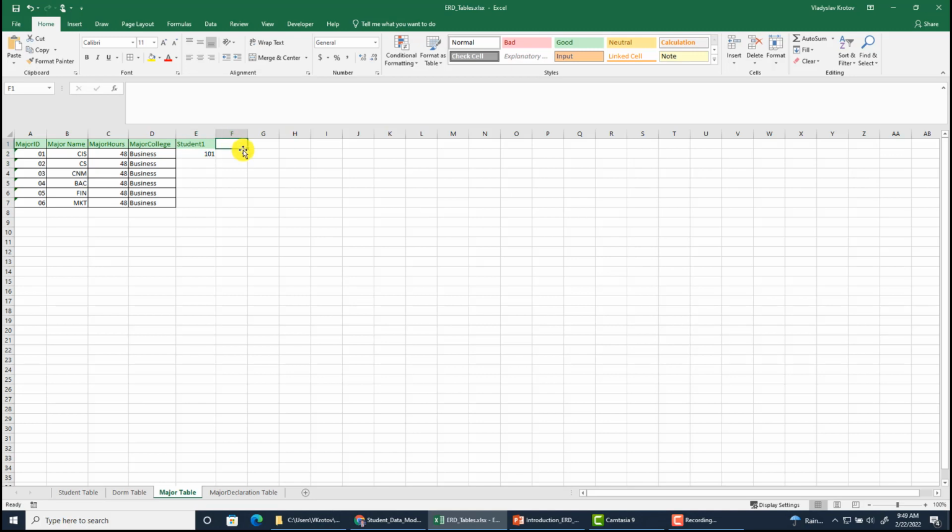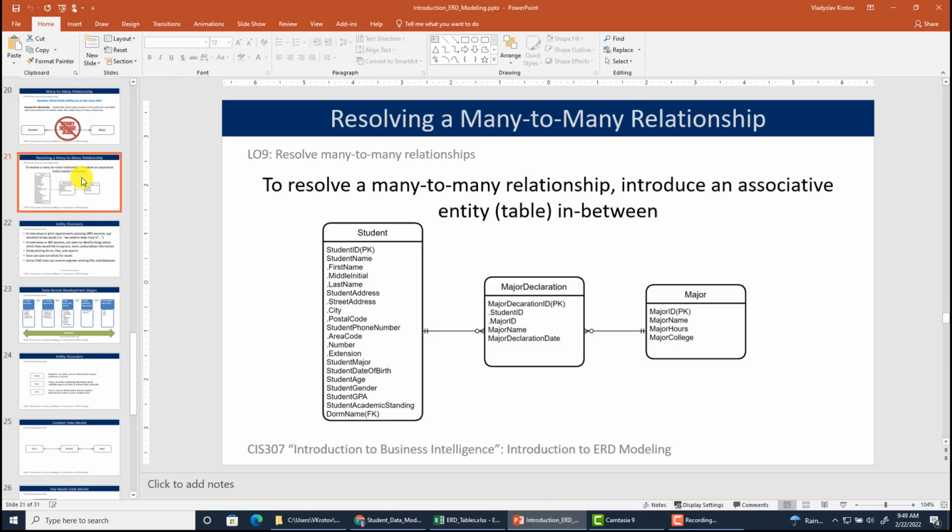Now, what if somebody else declares CIS as his or her major? So we may want to create a student 2 attribute and add ID 109 to show that another student has declared CIS as his or her major. As you can see, this is not a good idea because each time a student declares his or her major, we'll have to redesign the entire table, right? So this is an example of why a many-to-many relationship should be resolved, why it will not work well at the database level. So instead of doing it this way, we're going to introduce an associative entity in between called